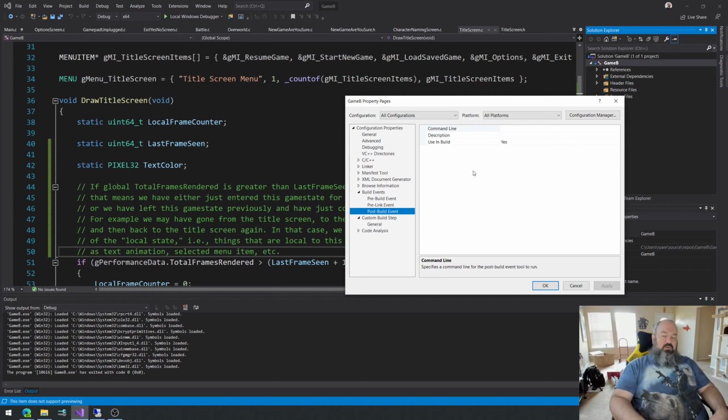Yeah, we had a post-build event there, and I used to call the copy assets.bat file from here, so that batch file would get run every single time I compiled the game, but that's no longer necessary, so I took it out. Before then, I was experiencing similar problems, and it's really finicky. I think it has to do with